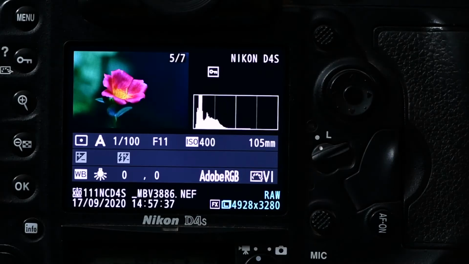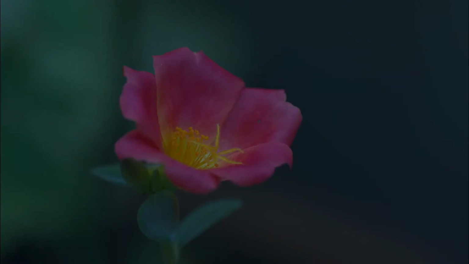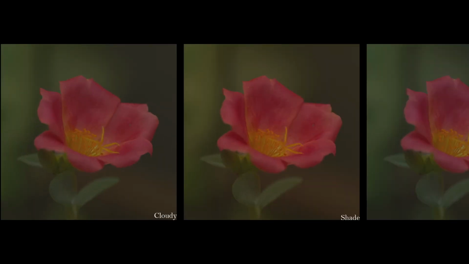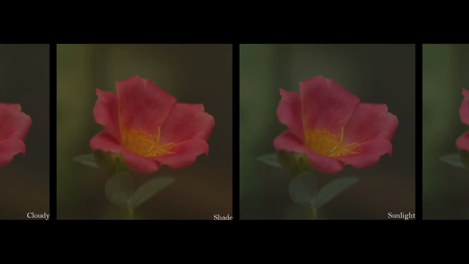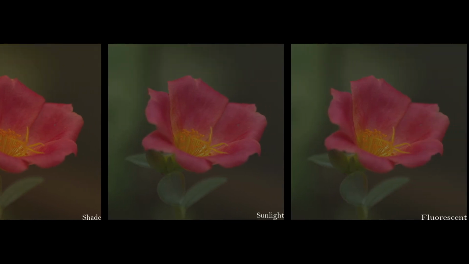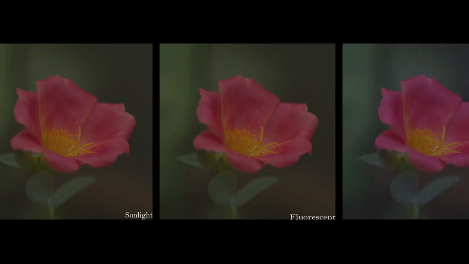And with incandescent, I end up getting a more bluish cast. Appreciate that if I increase the Kelvin temperature, the color becomes warmer or more yellowish red. And if I decrease the Kelvin, it becomes more bluish or cool, as you can see with this example.